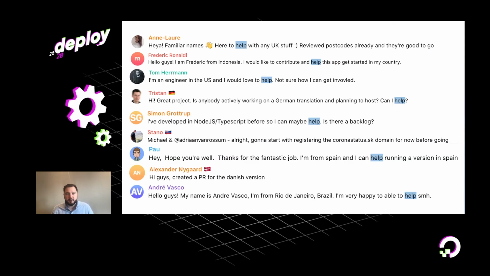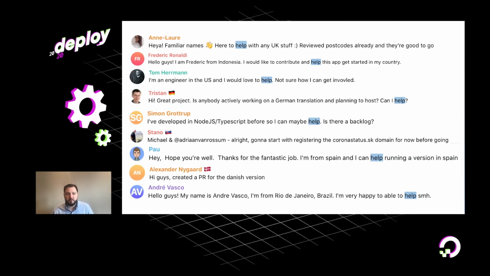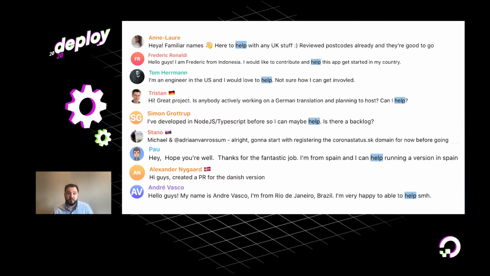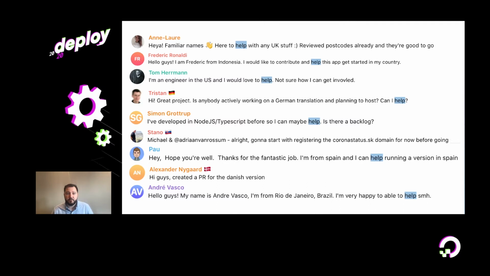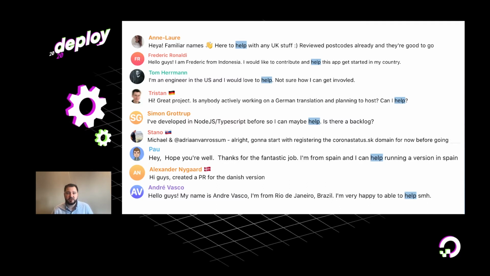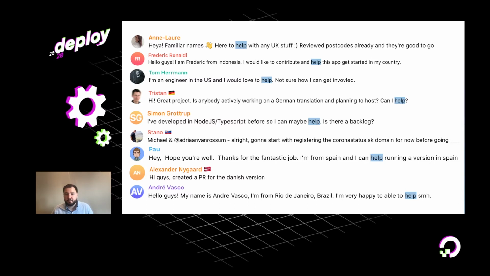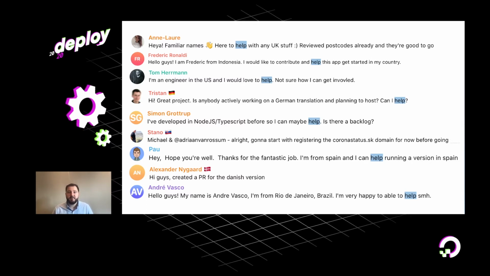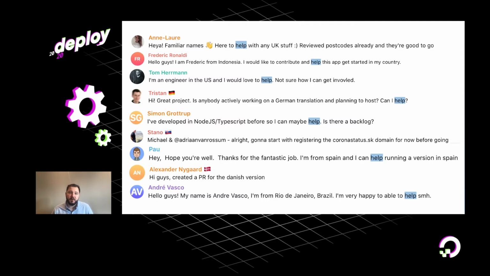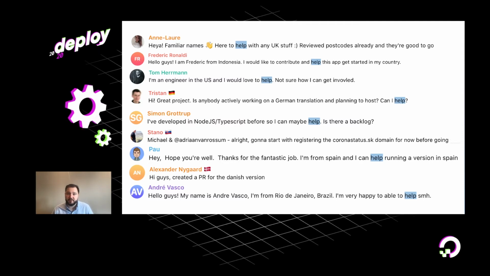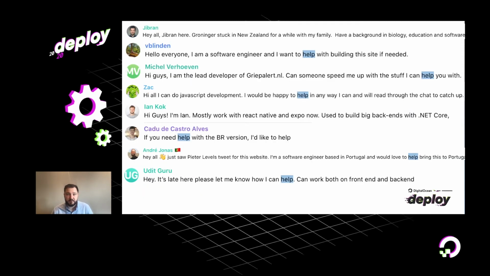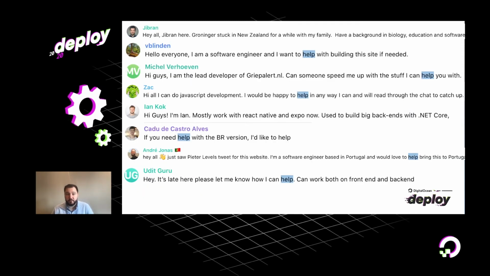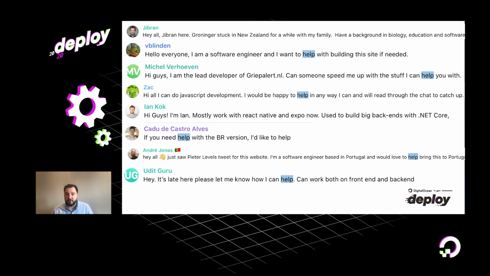After opening the floodgates from social media, we needed a way to communicate with all these developers and coordinate our efforts. So we started a Telegram chat that anyone who wanted to could join. So what people did was they joined this chat, and then they wrote how they could help, what kind of skills they had, and even if they wanted to deploy a new version of the site in their country. That's where we coordinated all of that from.